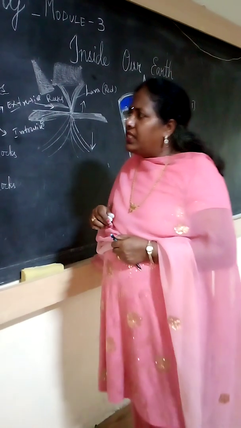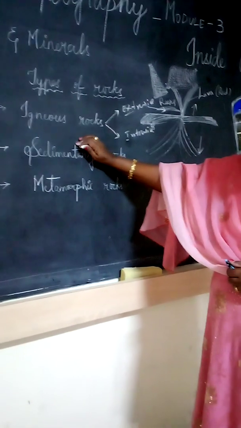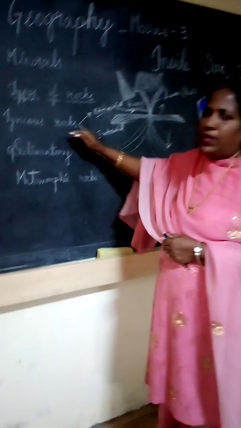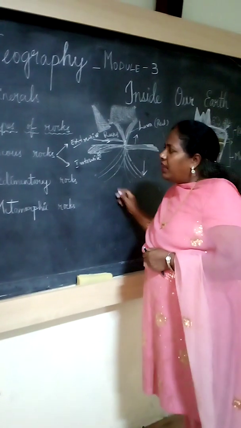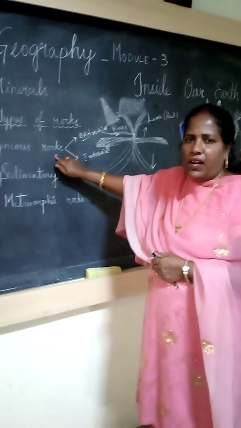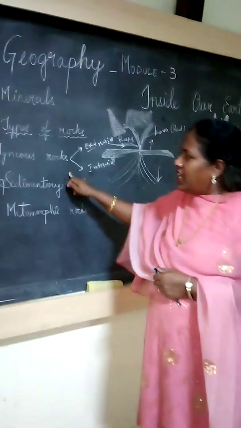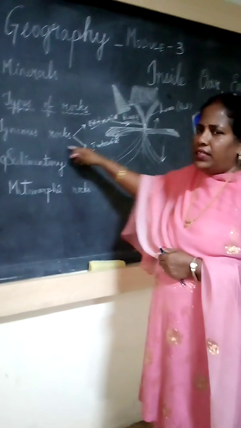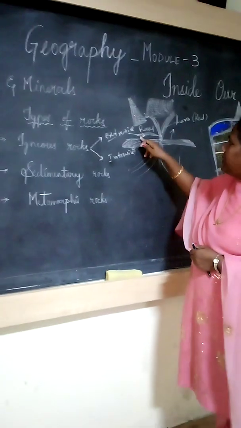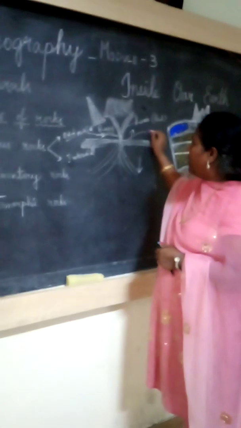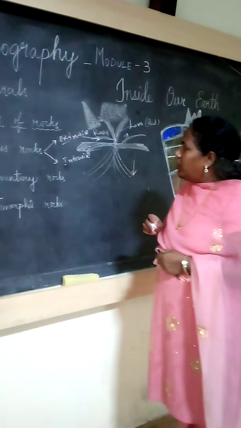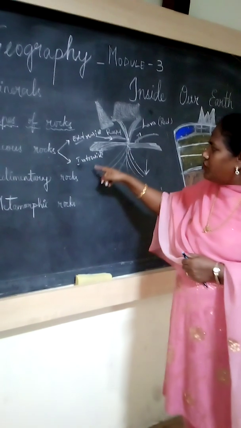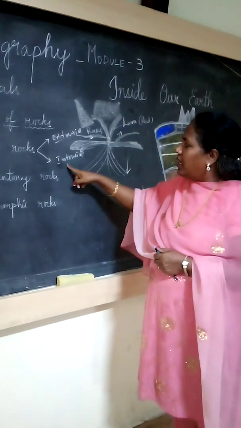So here we discuss the igneous rocks. In Latin, igneous means fire, and here fire means lava. They form from the lava, and they are called the primary rocks. Why are they called the primary rocks? Out of these three rocks, igneous is formed first. If the lava cools outside, it forms mountains or plateaus. If the lava cools inside, that is called the intrusive rocks.